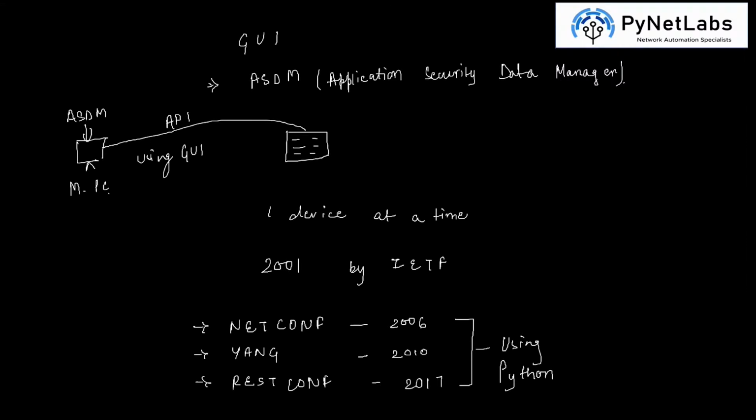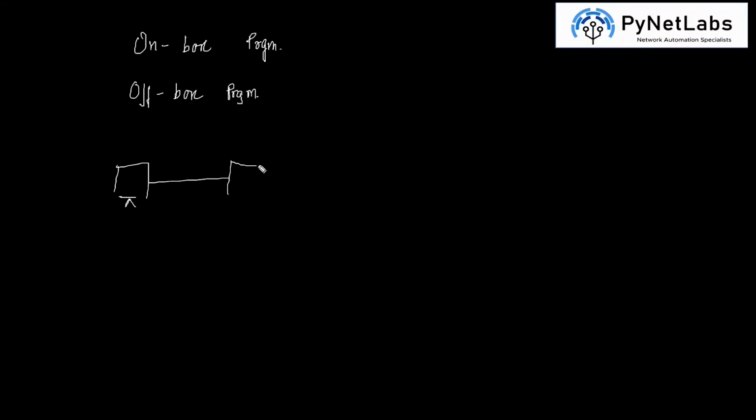Okay, great. So now with this, there comes something called on-box programmability and off-box programmability. If we talk about on-box programmability, it is done directly on the devices. So as we took the example of firewall configuration, where we were directly getting connected with the firewall using a management PC, that was